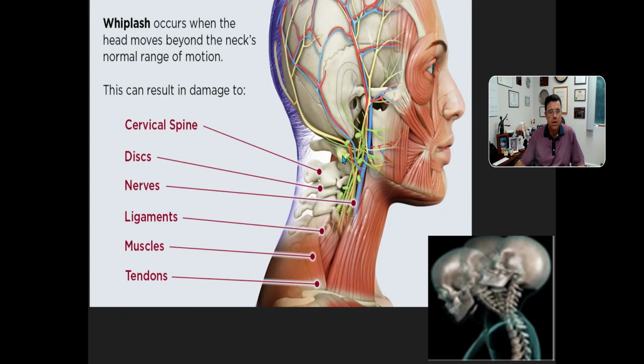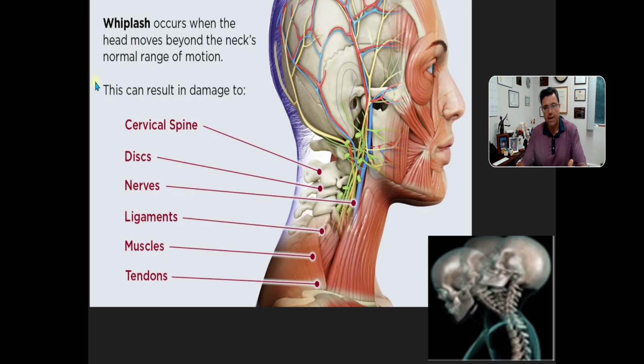Now here you have an example of whiplash, and that's a very common injury after a car crash. Whiplash just means that the head goes forward and then back. And you see here, it really moves beyond the neck's normal range of motion. You don't want the neck to move beyond that normal range of motion, because if you do, it